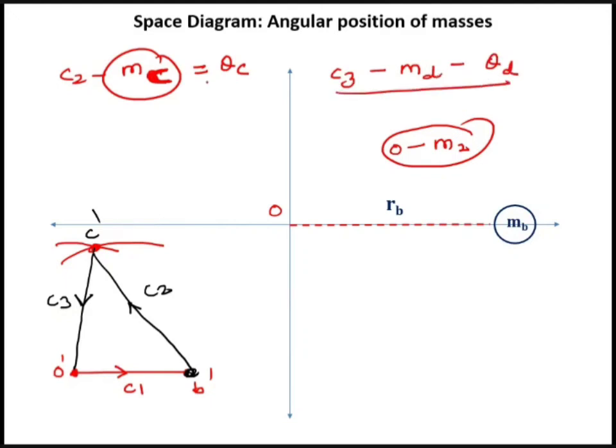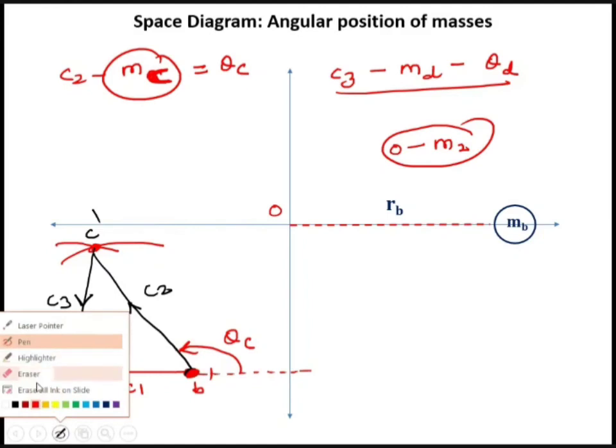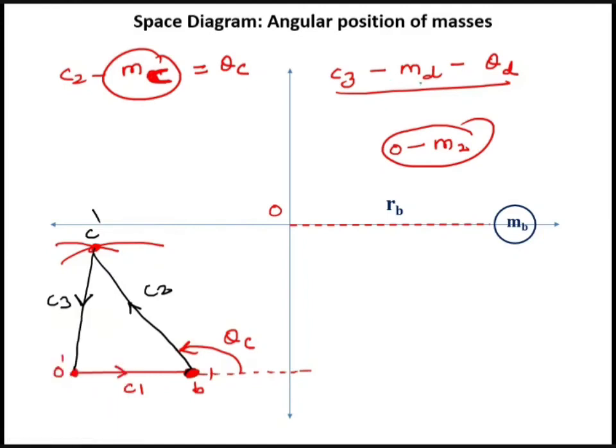Okay, so now how will I find theta? So now draw a line from the starting point. What is the starting point? Always remember, the starting point is B'. So from B', measure the angle θC. Okay. Similarly, what is the starting point of this mass MD, or vector MD, or vector of couple C3? This is C'. So draw a line parallel to the horizontal line, and from this, measure this angle. This angle indicates θD.